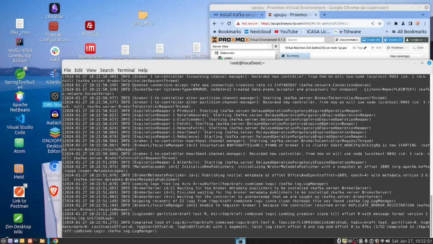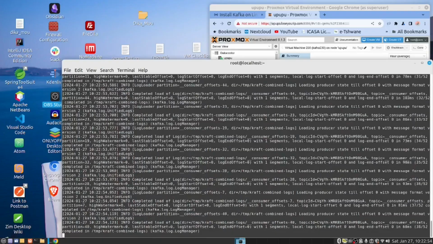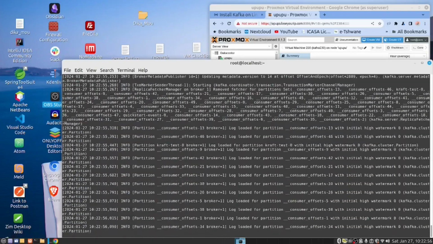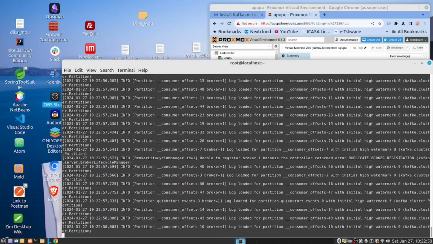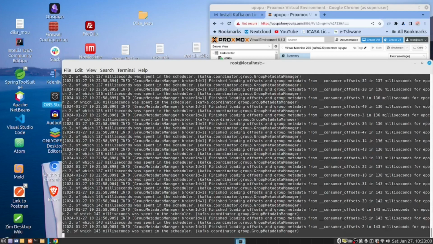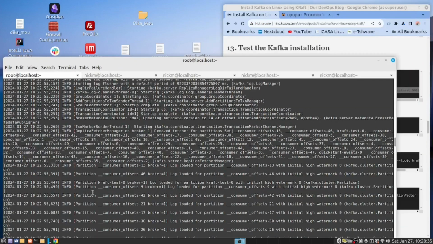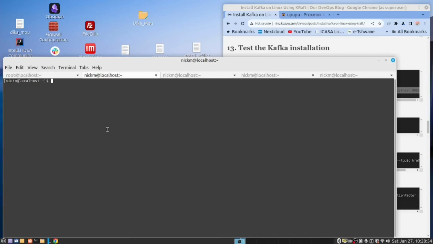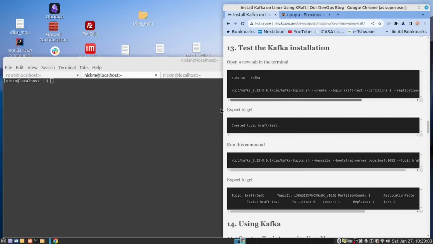We have just started Kafka server. So what we have done is we have started Kafka on our server. You can see I'm root at localhost. And then I opened 3 more tabs in my terminal. This is the command you will run to test